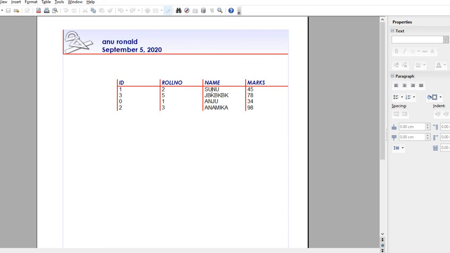It is coming according to name in descending order. So the report is generated according to the name descending order. You can see the ID, roll number and marks, all things changed according to the descending order of the name. So this is how we did report generation with OpenOffice Base.